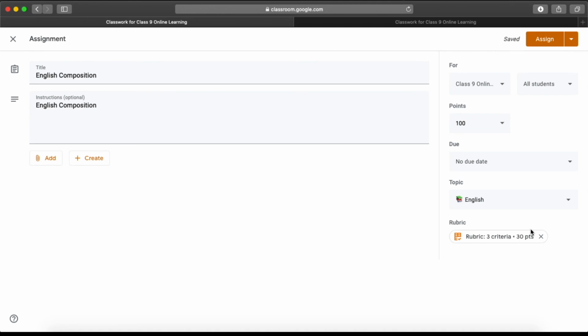Otherwise, what will happen is that Google will calculate it accordingly. So whatever grade your students get, Google needs to multiply it by 3.333. That's the way it will calculate the 100 points. So it's not at all a problem for Google Classroom to calculate it, but at the end of the day your students